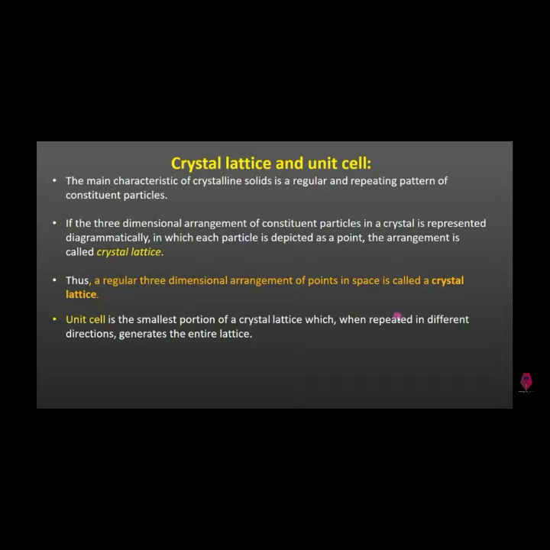That is a basic, a fundamental, repeating structural unit for building a crystalline solid in a three-dimensional pattern, which is called as a unit cell. So once again I explain, a basic repeating structural unit of a crystalline solid is called as a unit cell. The unit cells, with the help of lattice points, form the entire crystal structure. So with the help of unit cells and the lattice points, the entire crystal structure can be built. So this is the definition for crystal lattice and unit cell.